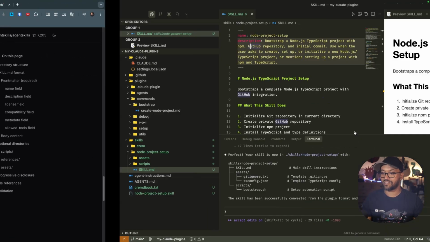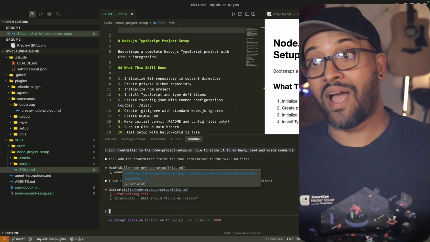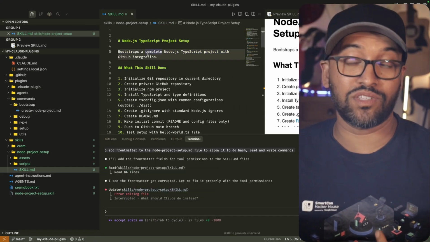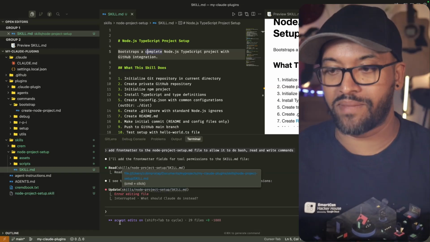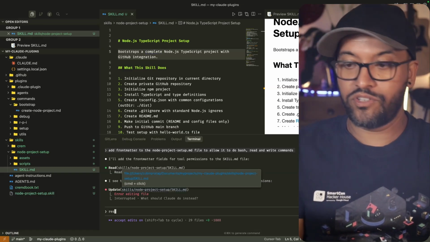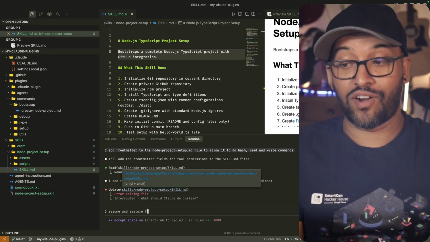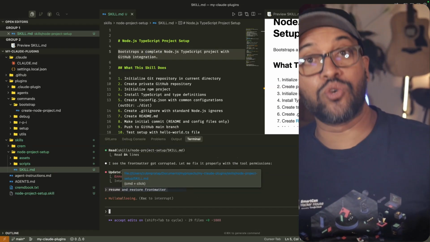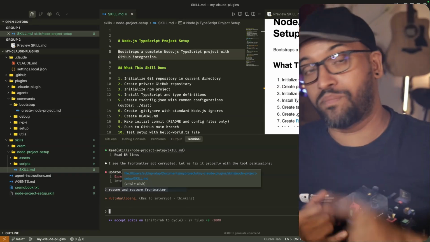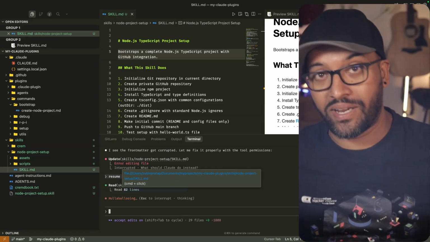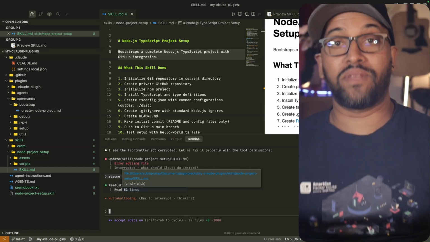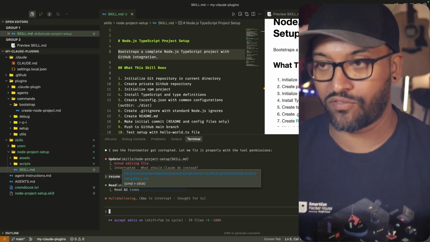I'm going to actually ask it to allow tools. So I accidentally started typing things over the skill.md and now I blew away my front matter. So I'm just going to say resume and restore front matter, because what I'd asked you to do was add the allow list of tools being things like read, write, and writing bash scripts, right? Or running bash scripts in the container. So I wanted to put that back in the front matter.